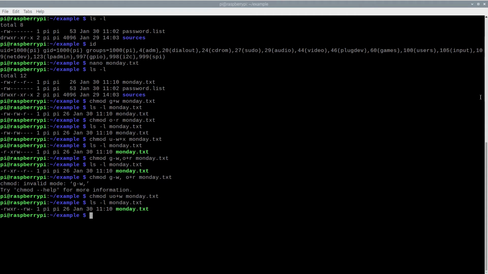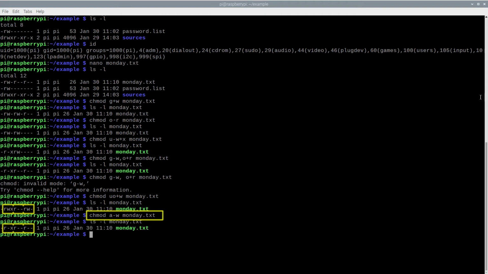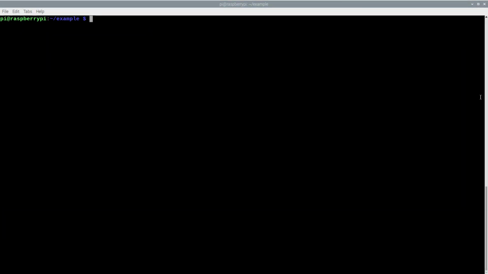As you can probably guess, setting the same permissions for everyone uses all three indicator letters, u, g, o, like this. But for that special case, we can use the a indicator, which stands for all, to shorten the command. For example, now I will take away write permission from all. In this case, group did not have write permission to begin with. The chmod command will always try to apply permissions as specified, but it will not complain if the permissions are already the correct ones.